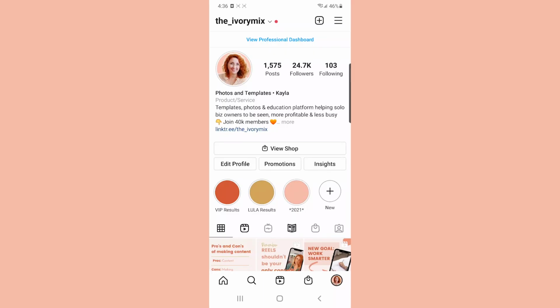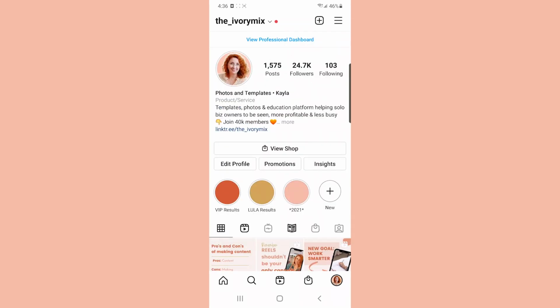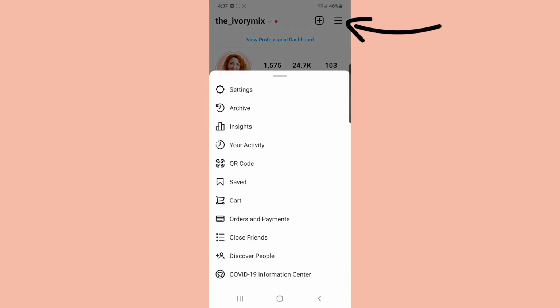So if you're like me, you've probably received spammy comments on your content. One way to prevent spammy content or comments on your content is by using hashtags that attract fewer and fewer spammy accounts. However, sometimes it's just unavoidable. So in order to prevent that from happening to you, or in order to save time so that you're not constantly having to monitor for comments, you can come over to the hamburger menu or the little menu at